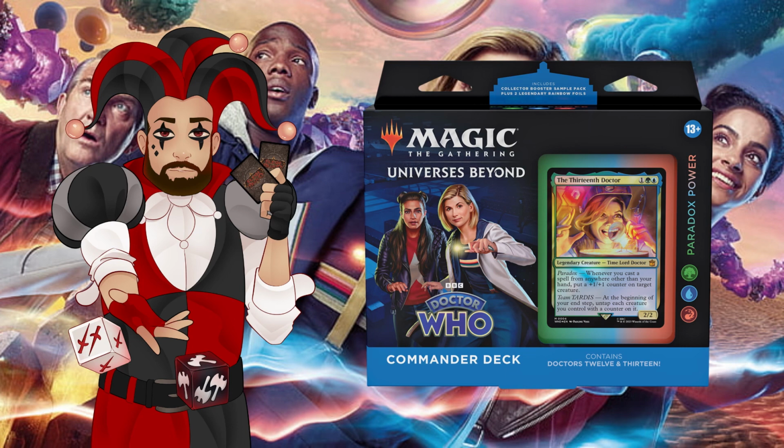Today we are going to be looking at the Paradox Power deck helmed by the 13th Doctor and Yasmin Khan. We're looking at taking 18 cards out and putting 18 cards back in. I want to make this nice and quick, so we're going to hop right into it with the cards that